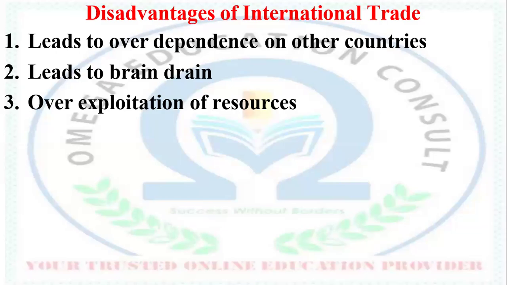Others are non-renewable. Those that are non-renewable are those resources that do not replenish themselves within a human lifespan. They take hundreds of years to form. And these are usually the minerals. But as a result of international trade and the huge demand for these products outside the country, individuals within the country and even sometimes foreigners come to the country and then overly extract the resources